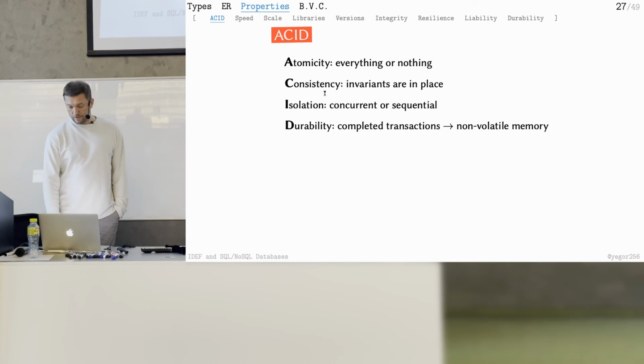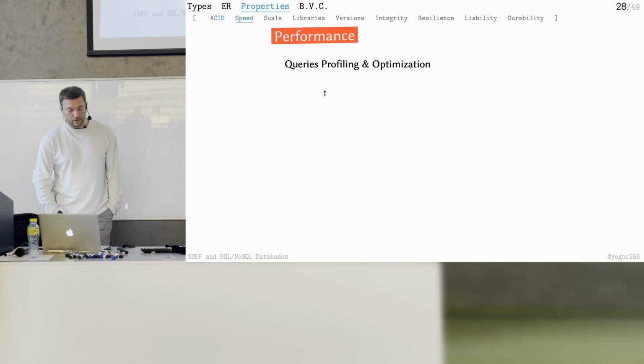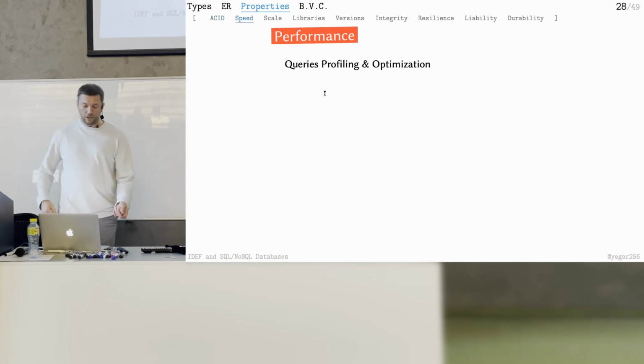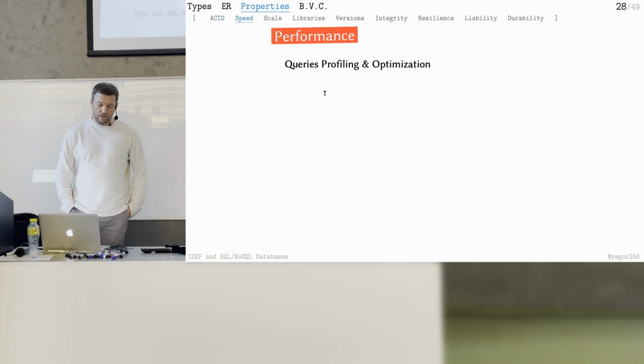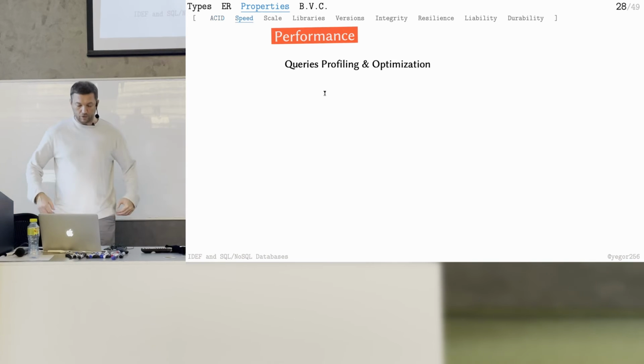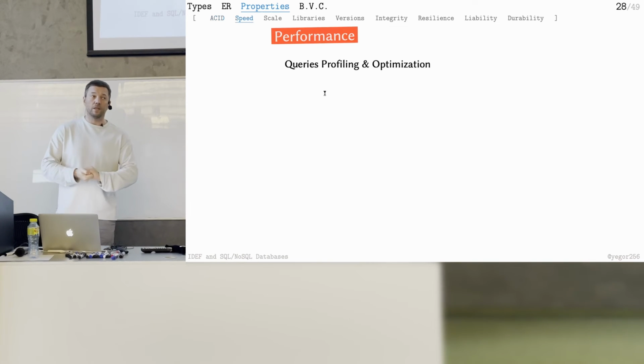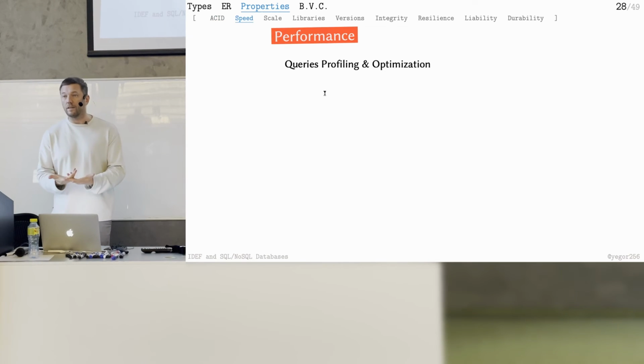Even very big databases. Next one, performance, the speed. So you want your database to be fast. A few things for you to remember. The first, if it's going to be a relational database, then you will definitely have questions and problems with long queries. When you make a long SQL request, especially when you join multiple tables, you will need some optimization of queries. And some databases will provide you the option for profiling.